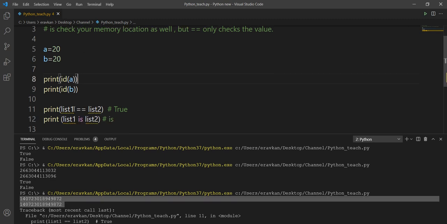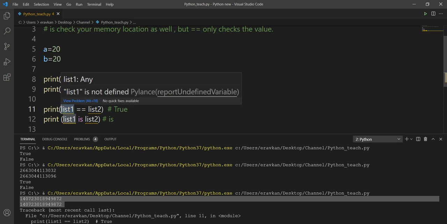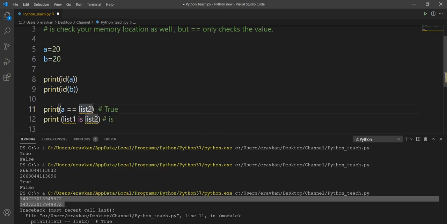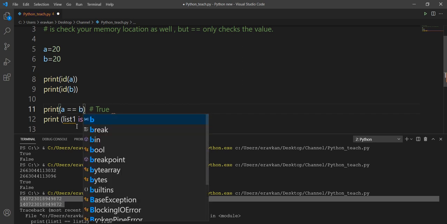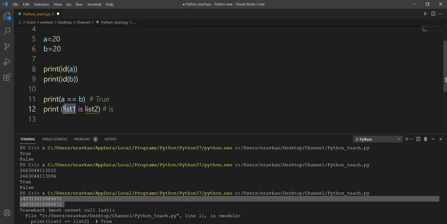So when I use the double equal to operator here, it will give me true, as well as the is operator will also give me true, because the memory location is the same.